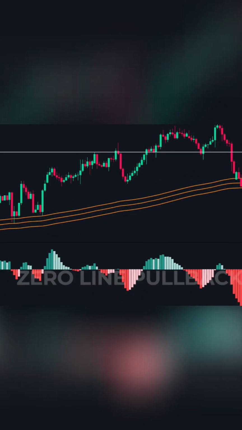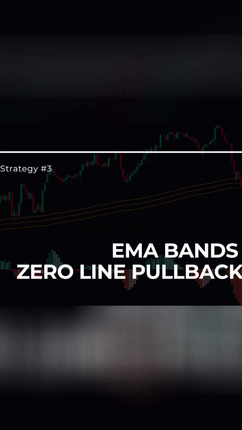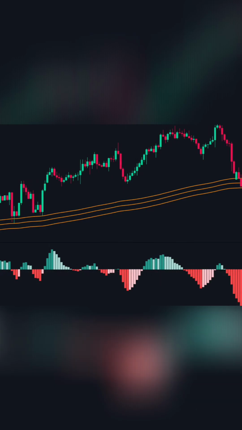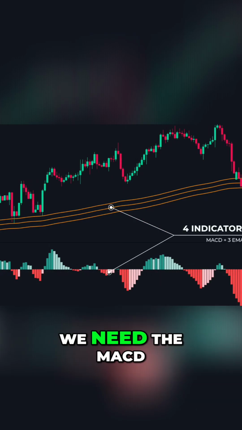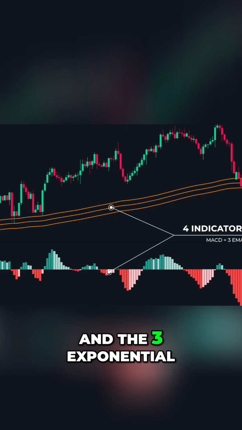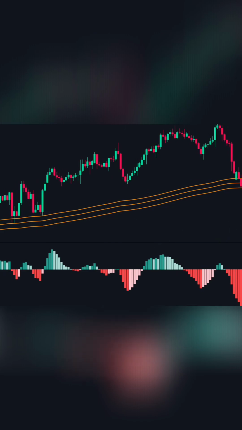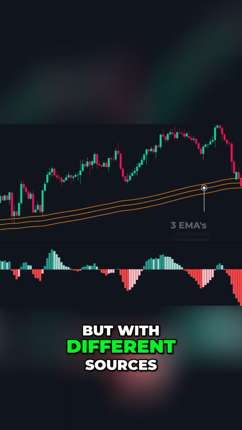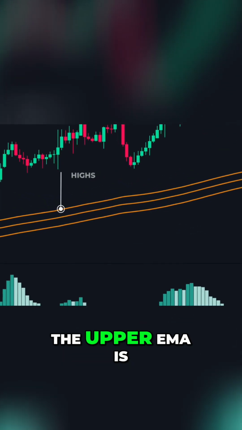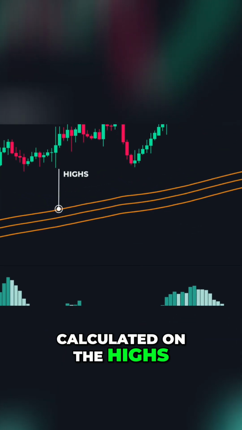Now, moving on to the trend trading strategies. Strategy 3. EMA bands plus zero-line pullbacks. For this strategy, we will need 4 indicators. We need the MACD and the 3 exponential moving averages. All 3 of them are 200 EMAs, but with different sources. The upper EMA is calculated on the highs of the candles,